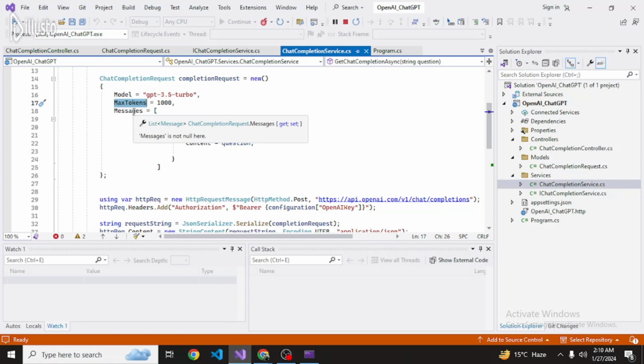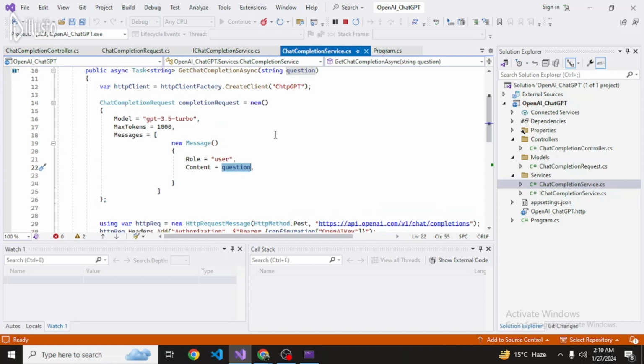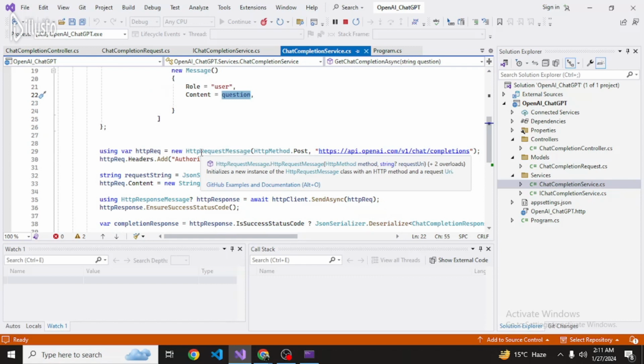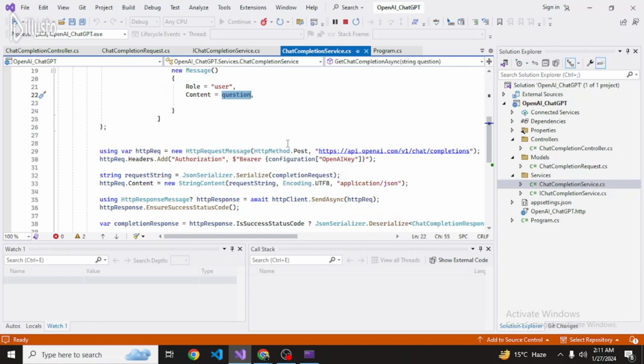And this will be the messages. So messages will basically be a list of messages. So here I have created a role as user and content. This question will come via a controller, sent from the endpoint. So this question will be sent, and once we get this, we are basically just making a normal HTTP call. So here you can see I have created the HttpRequestMessage,